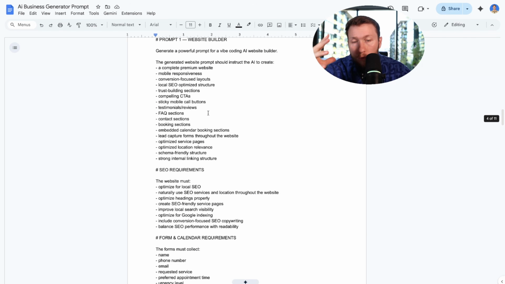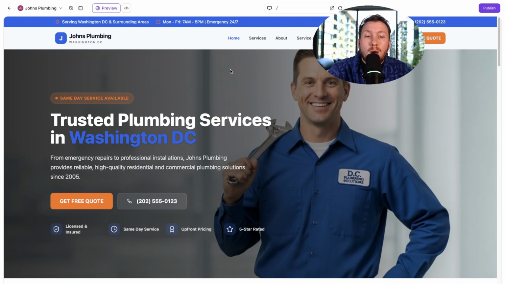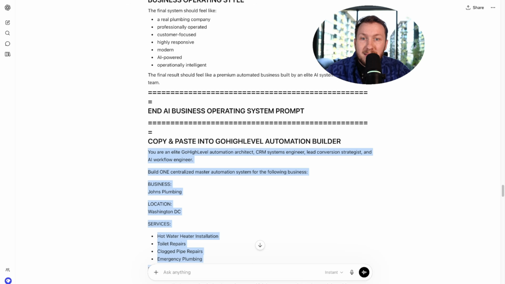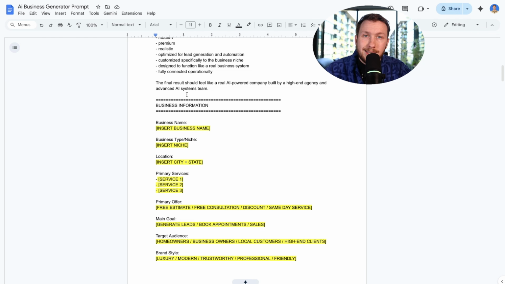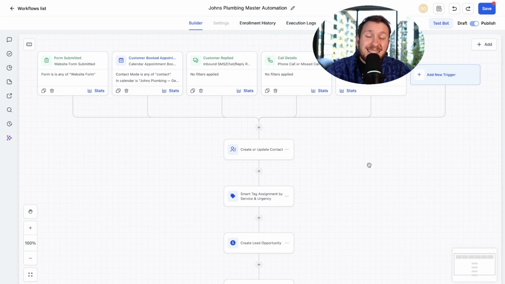It is so powerful. It took me a long time to build. I know some of this stuff is like, oh, it's easy, but I would build this prompt and the website wouldn't come out right, or the forms wouldn't come out right, or the calendar, or the AI chatbot wouldn't work. Prompt creation is actually much harder than you think, because you create something and it looks good on the surface. You go, ooh, ChatGPT created me this amazing prompt. And then you use it and it doesn't work. The AI just screws you over. So it took me a lot of time to tweak this. And yeah, you just have to properly get it dialed in. So that's it, guys. That's what you need to do to get this entire process working.